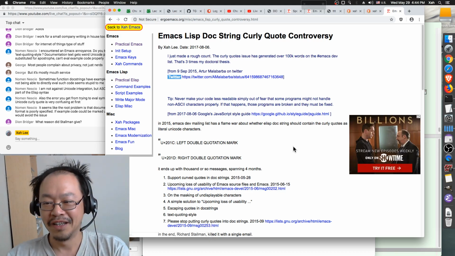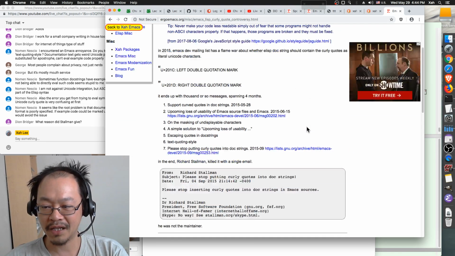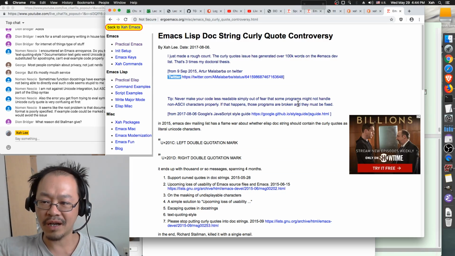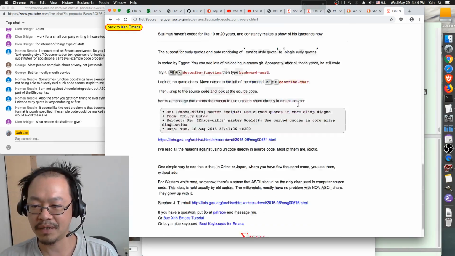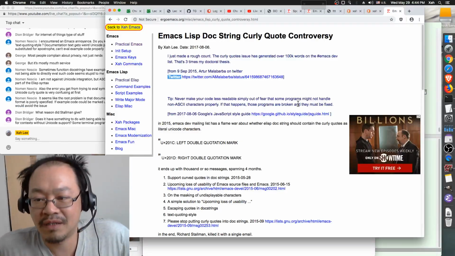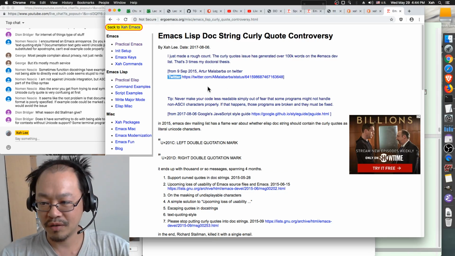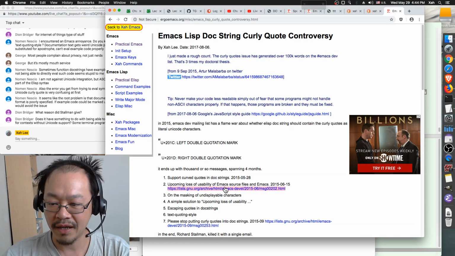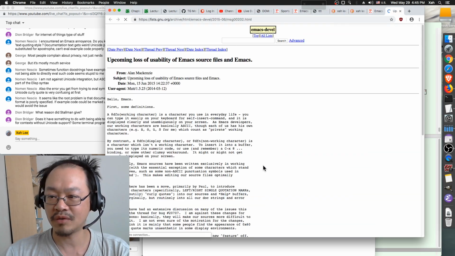You can read the whole article, and you can also click to go to the Emacs dev list articles. I remember this article is not fully written, it's kind of a draft. But anyway, you can go to the Emacs dev list to see the entire flame war,